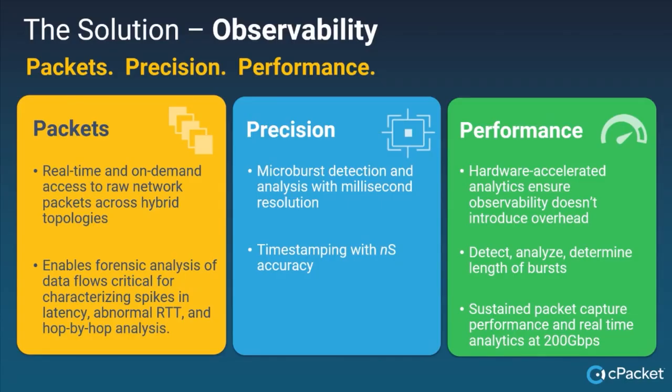And when it comes to our performance, I've talked a lot about speeds and feeds. We do 400 gigabits per second on our packet broker today, working on 800 gigabits per second. And we do 200 gigabits per second on our packet capture appliance, working up to 400 gigabits per second in the future. And this is all about maximizing the performance, again, ASICs and FPGAs behind every port, and the ability to really make a difference in your network with these types of characterizations.